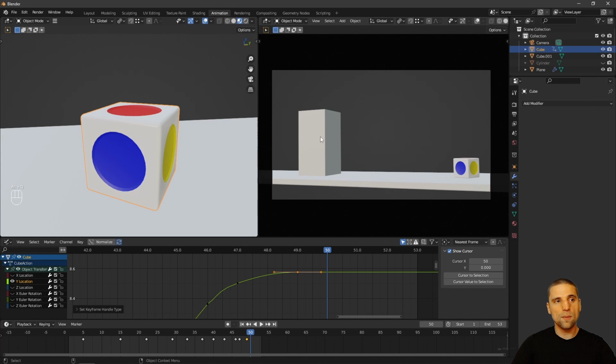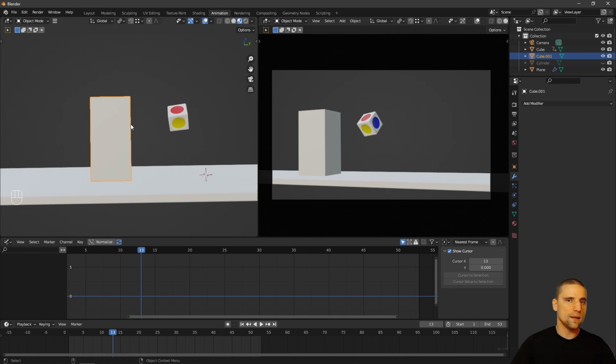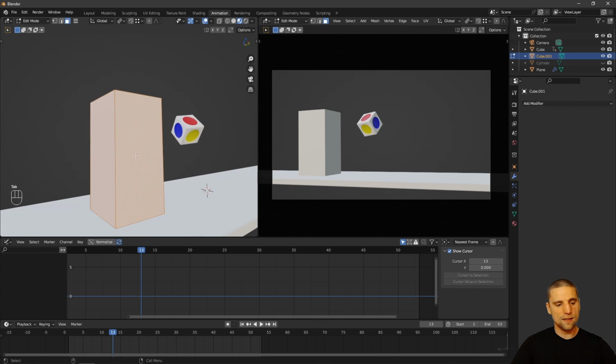What we're going to do is animate the larger box so then it has a little bit of impact, it has a little bit of movement, and then we'll render this. So what we're going to do is come over here, select our big box now, and when the small cube hits the big box, I want it to pivot from the bottom and just have a little bit of impact movement. So with the box selected, let's hit Tab to get into edit mode, hit 2, and select that bottom